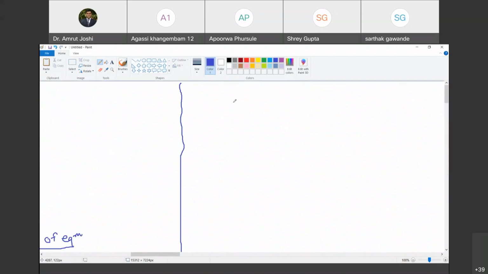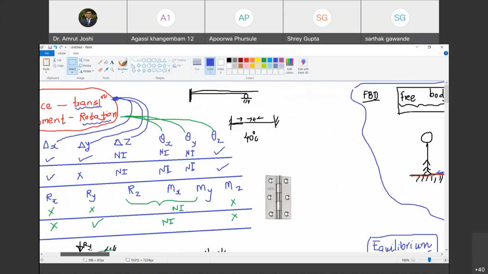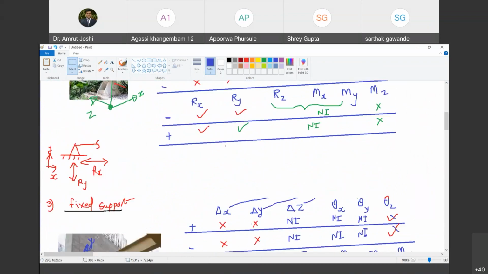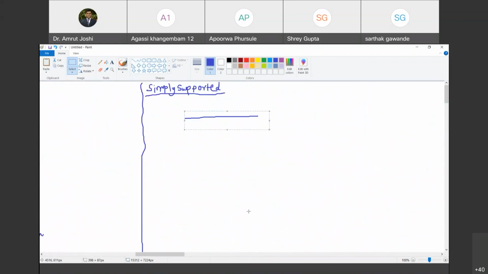Now what we do in this experiment is we have a simply supported beam. Are you with me? Yes, sir. So simply supported beam, let me also tell you what that means. A simple support is any support that offers only force reactions and not moment reactions. Are you with me? Yes, sir. Which supports offer only force reactions? Either a roller support or a hinged support, not a fixed support. Are you with me? Yes, sir.